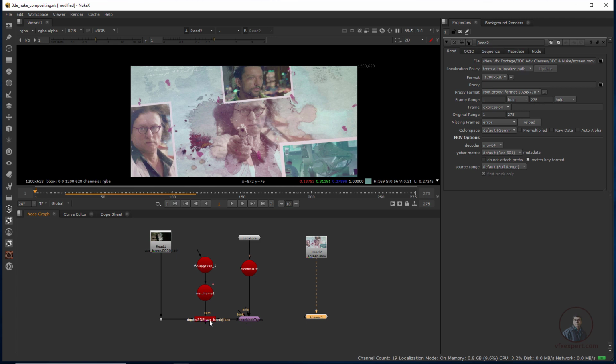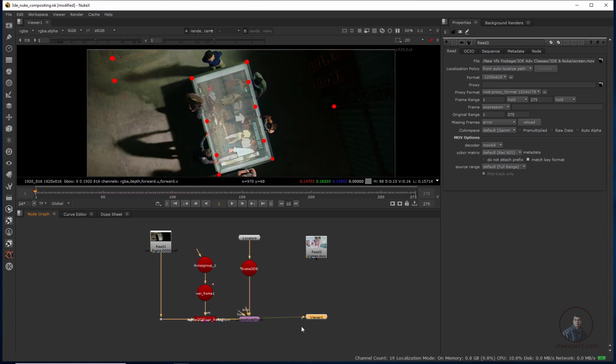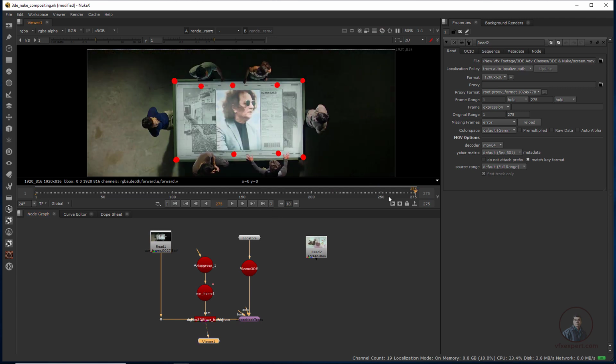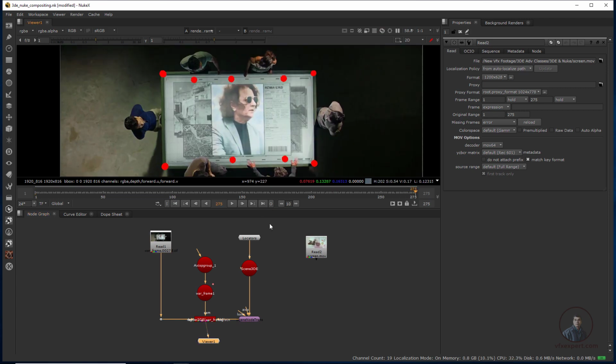Now we have to see this is our final scanline render, and here we have to place the screen. Click here, then go to the last frame, where we have to replace this. For this I am going to use a projection method, because with the help of projection we can easily place our screens.